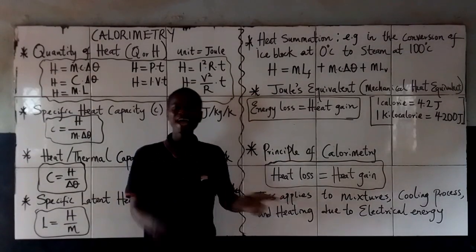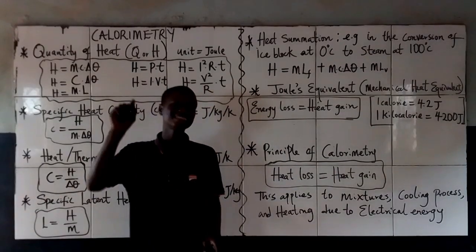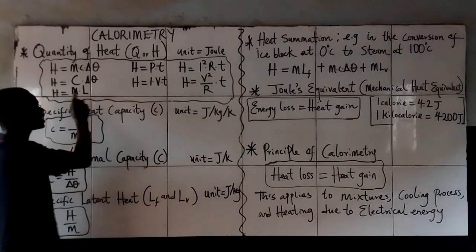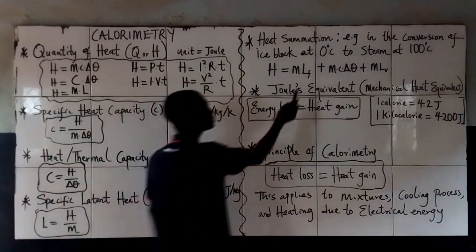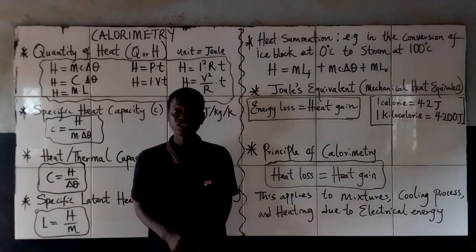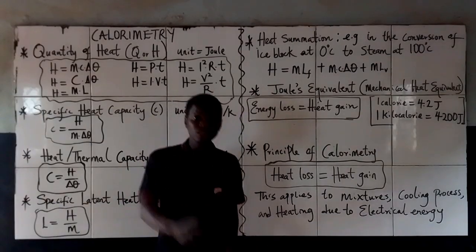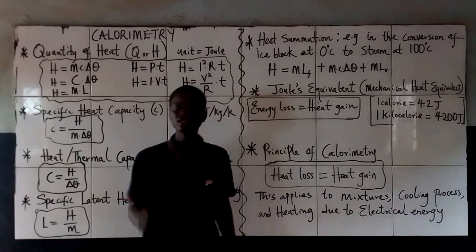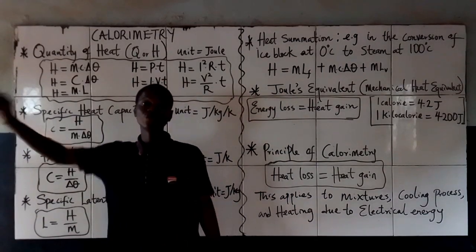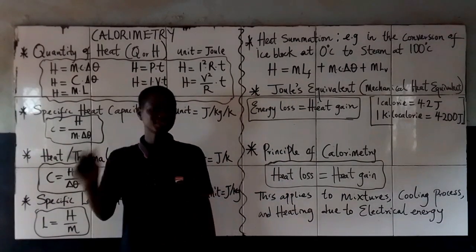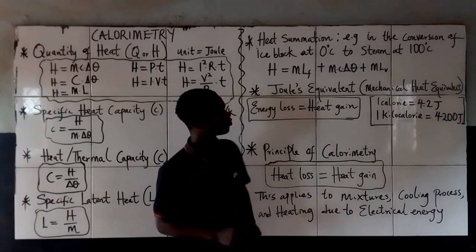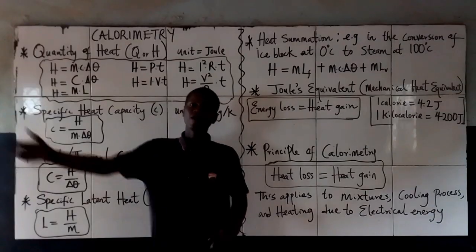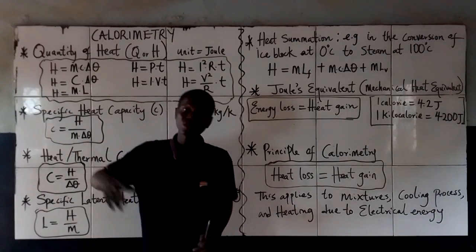So when ice block is converted to water at that same 0 degrees temperature, which of the formulas are we going to use? Is it these two or this? The answer is what? This. And we will not specifically add F because it's being converted from what? Solid to liquid. So we say mass times latent heat of fusion. Fusion. I hope that is clear. Good. Now we move on from there. After it's now water at 0 degrees Celsius, further heat that you add on it will now cause the water